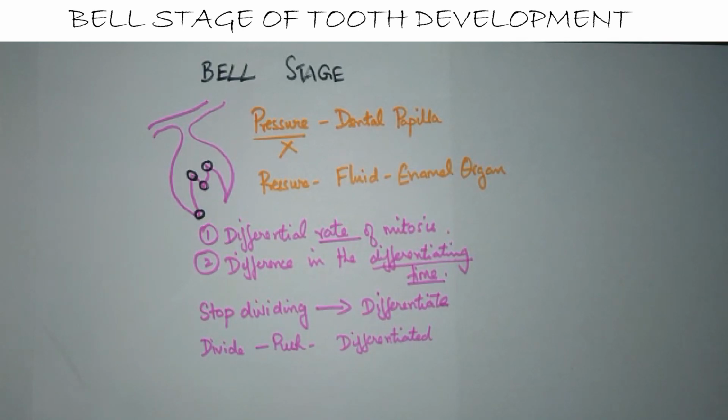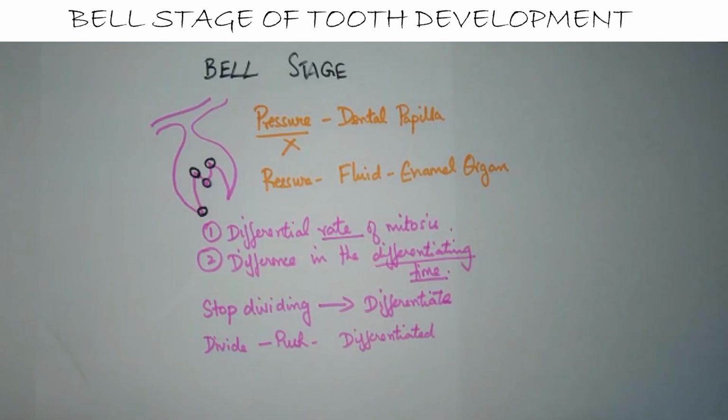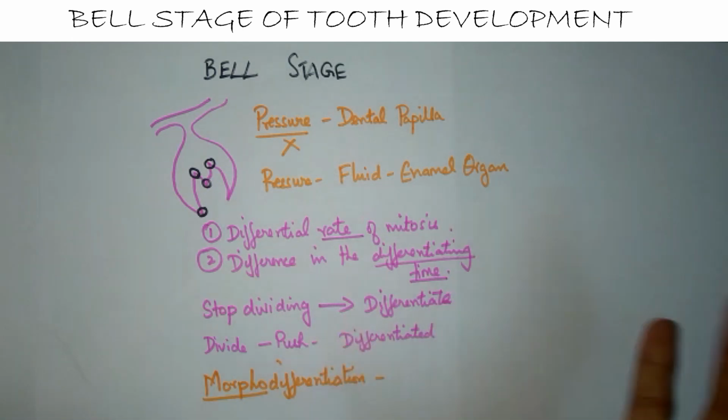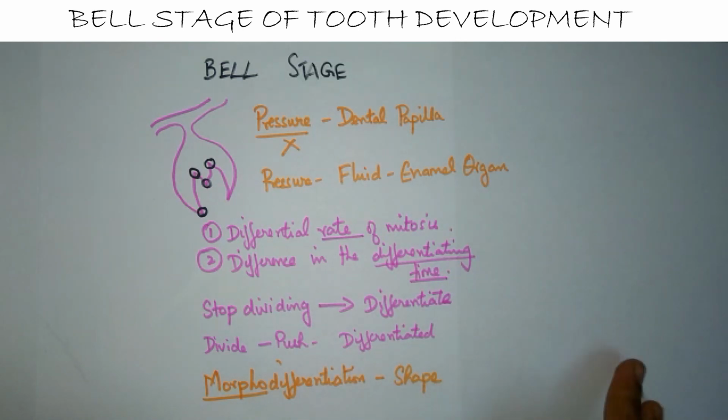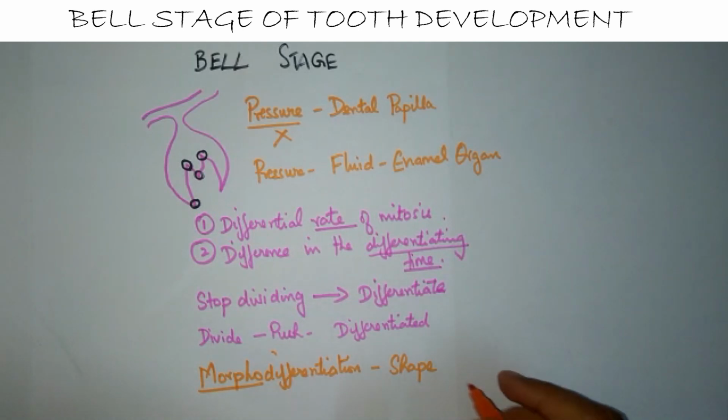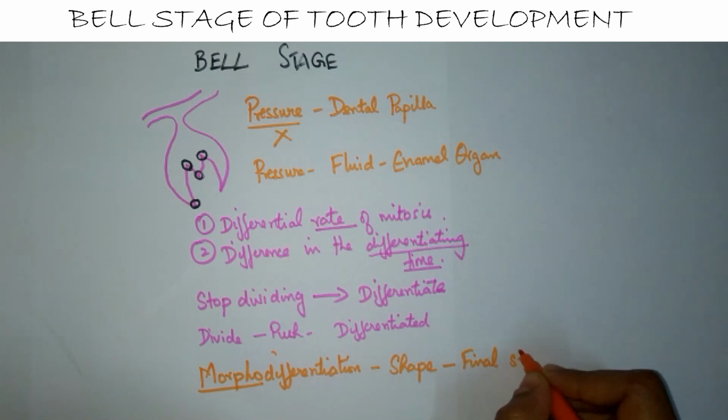We also need to know two other terms in the bell stage. What are they? They are the terms morphodifferentiation and histodifferentiation. From the word morpho, we can understand it has got something to do with the shape. So the cells of the enamel organ in the bell stage acquire their final shape. The shape in which the crown is going to be present is acquired in the bell